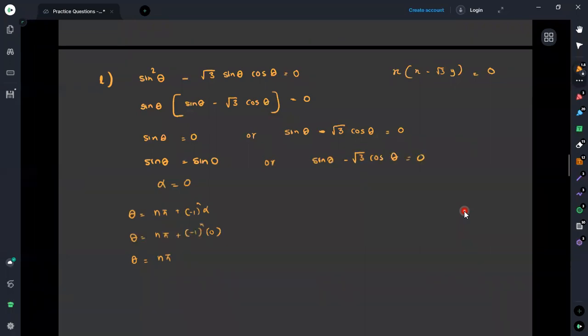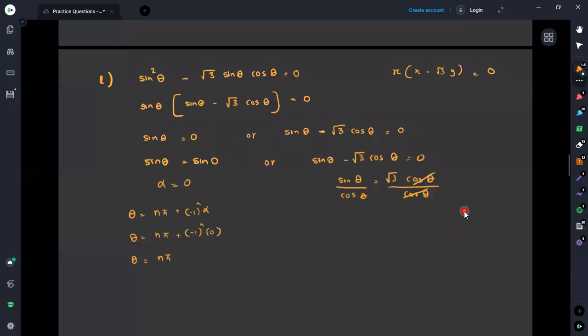Apart from using the value for 0, it is because we are having the sine ratio and the cosine ratio both in the same calculation. Therefore, what I can do is take the ratio between sine and cosine, which will help us make a good solution for this. Then I will take this sine theta and all the terms to one side. It is root 3 times cosine theta. Then I will divide by cosine theta.